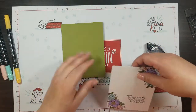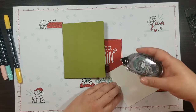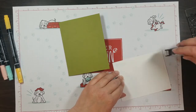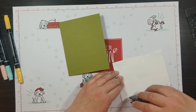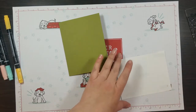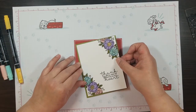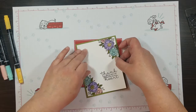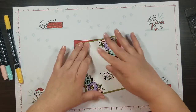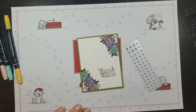Grab our card base and our snail. Convince my snail to come out. And put this down on the card base, making sure that I have it right side up, because that would be awkward if it was upside down on your card base. And last step here before we have a finished card